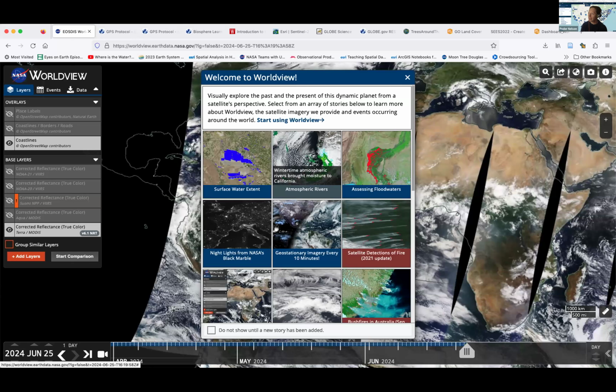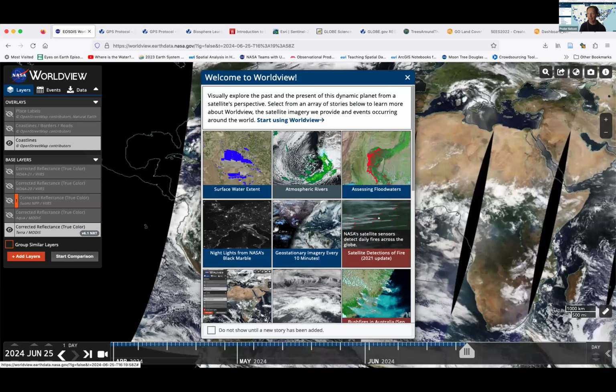The nice thing is right here on the front, when you first go to it, there are some nice tutorials or data examples that you might want to go explore. One of the things we've always talked about here is fires and where they occur and how they might change a forest. So there is a whole layer inside of here that NASA provides globally to highlight hotspots on the world.